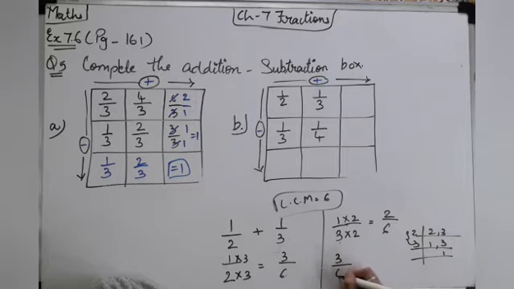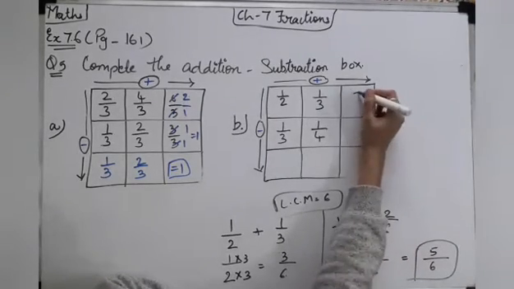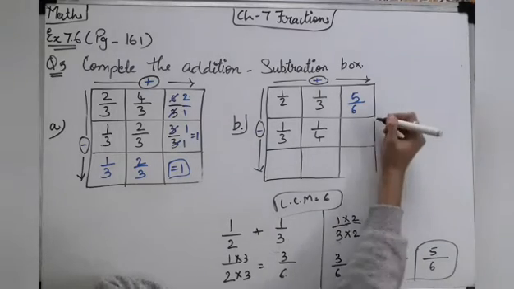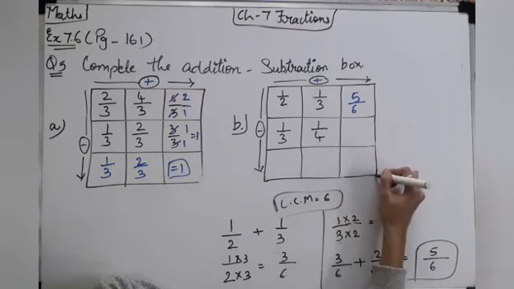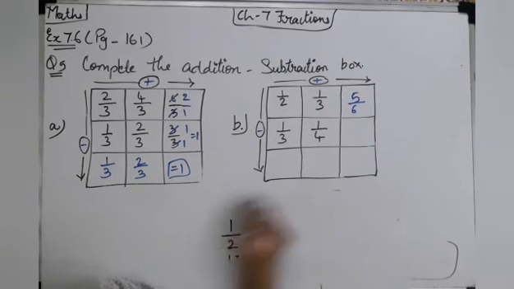So 3 upon 6 plus 2 upon 6 equals to, denominators are same, so you'll write the denominator 6, and then 3 plus 2 is 5. So 5 upon 6 is our answer. This 5 upon 6 is in the simplest form only because 5 and 6 are not coming into the same tables. That's why 5 upon 6 is written in the simplest form only. Okay. Moving to the next.